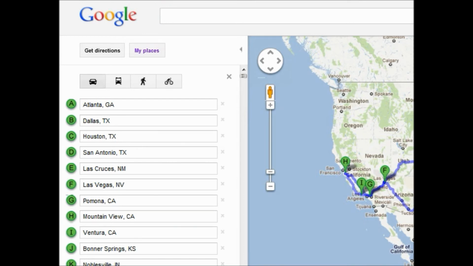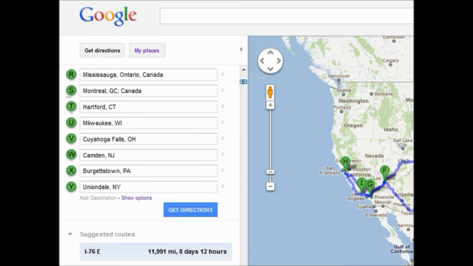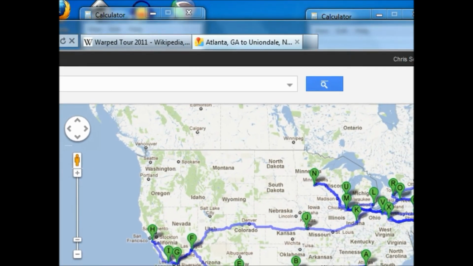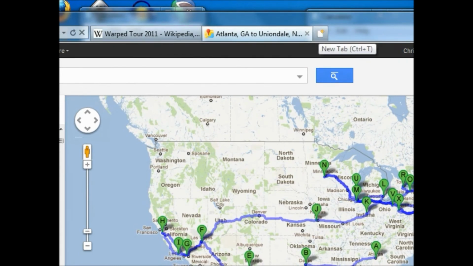Okay, I got this to the first half. I just wanted to show you real quick before I show you everything. So yeah, once you hit Y here, so I guess it's closer to 25 destinations on Google Maps, you can no longer add any more destinations. So what I'm going to do is open up a new tab. Get rid of all this. I'm going to open a new tab here. I guess you can't see it. Let me show you. Go here, open a new tab,